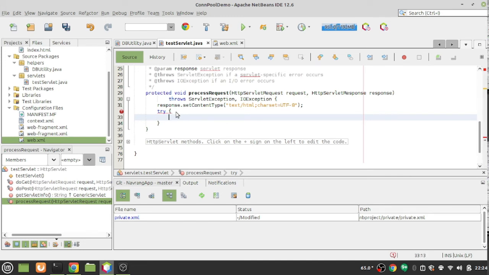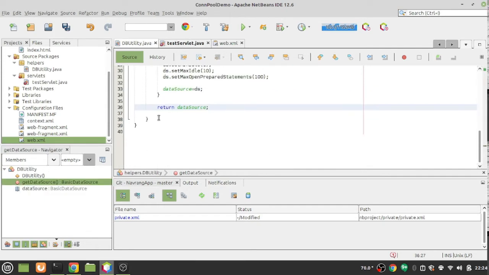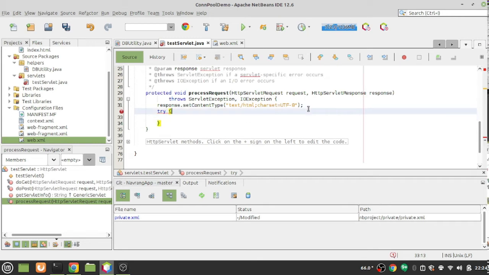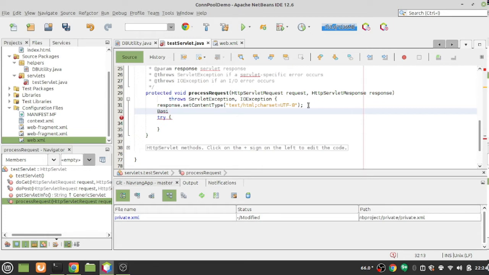Okay, for that part also we'll need to define one function here. So let's just do this part and then we'll get to defining functions and stuff. So first thing we need to do here is create a basic data source. You can call it ds or bds, whatever you want it to be. And here now we'll call our utility, db utility dot